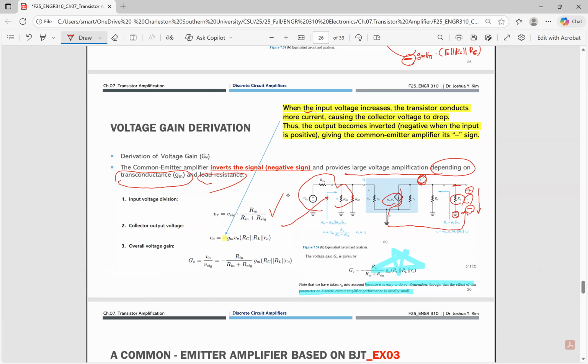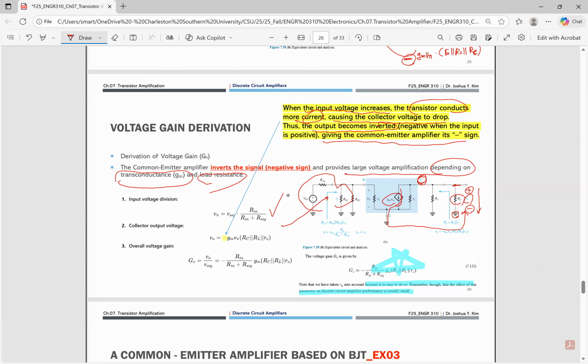So when the input voltage increases, the transistor definitely conducts more current, causing the collector voltage to drop. Thus, the output becomes inverted, with a negative sign, giving the common emitter amplifier. So this is why the minus sign. This is the view of the physical layer. But here, from the equivalent circuit, we can understand it more easily, and it also eases the